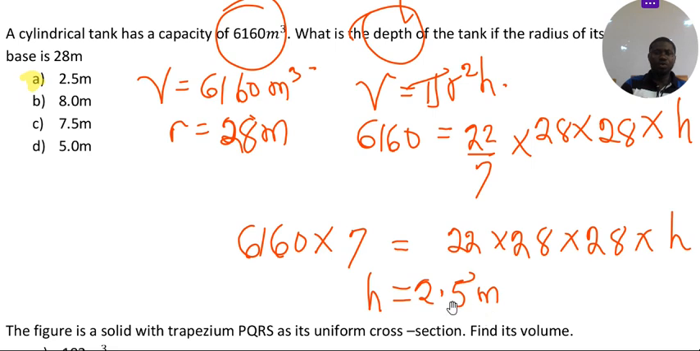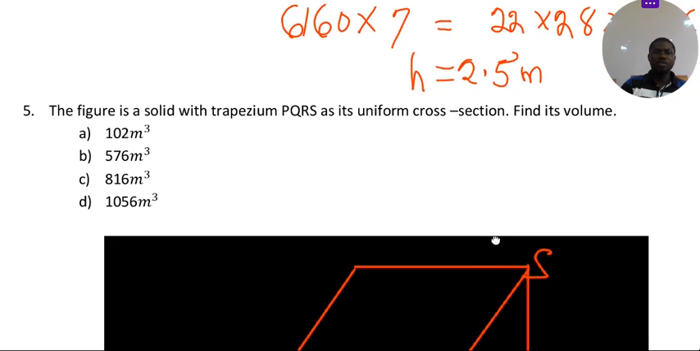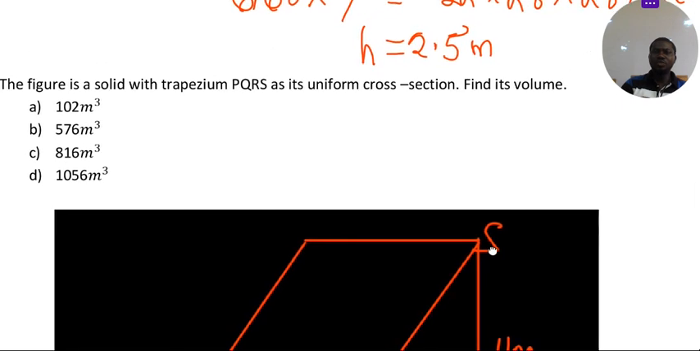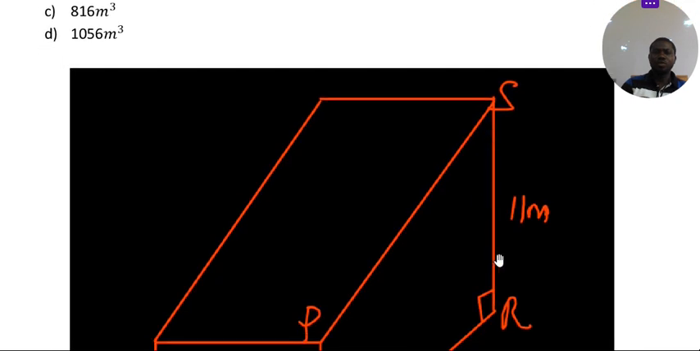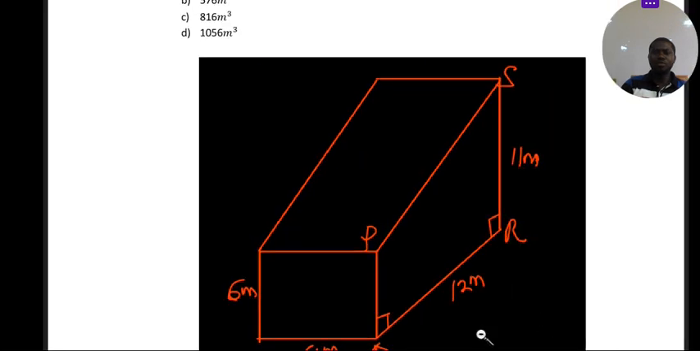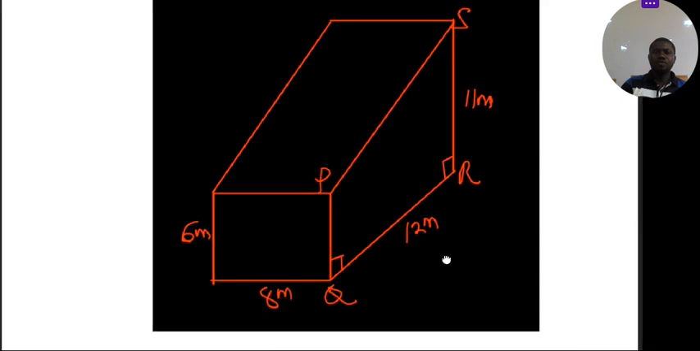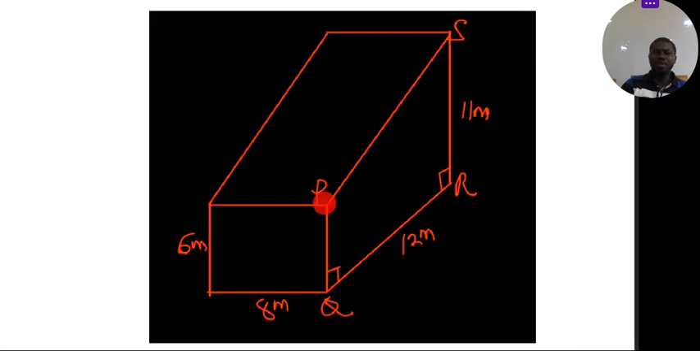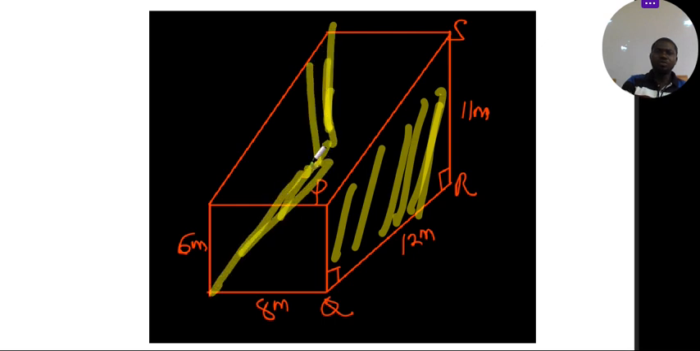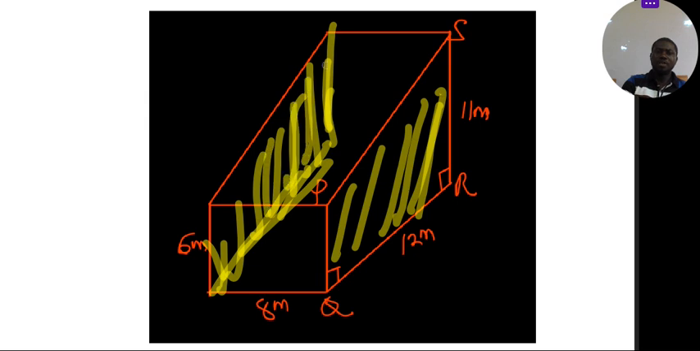So let's move to question 4. The figure is a solid with trapezium PQRS as its uniform cross-section. Find its volume. So we have this solid, and we're about to find the volume. We have PQRS as a trapezium that serves as a cross-sectional part. So this is cross-section. Similarly, we have something like that behind, so it's as if we have two trapezium,